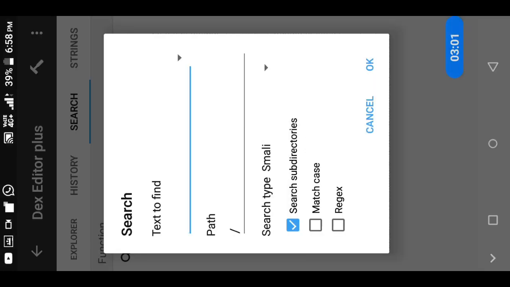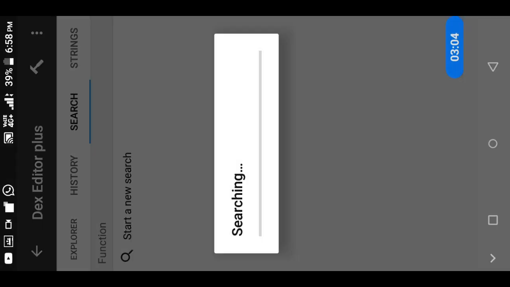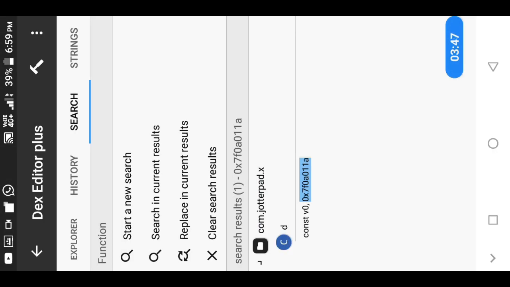Now let's search for the ID which we have copied. Let's search it. Now we got the result.